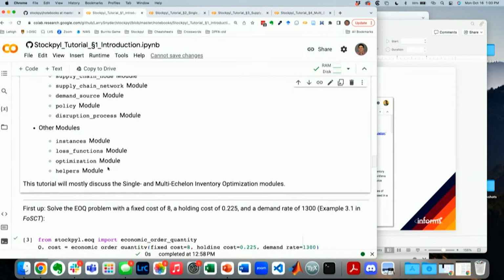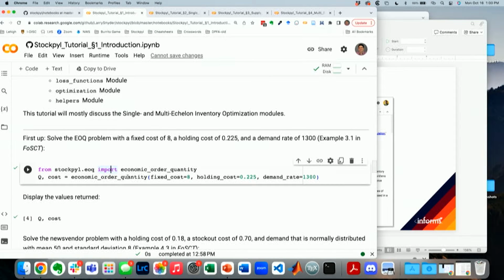Okay? So let's do one. The first problem we're going to solve is an EOQ problem with a fixed cost of 8, a holding cost of 0.225, and a demand rate of 1,300. This is example 3.1 in Fundamentals of Supply Chain Theory, which I abbreviate FOSCT. So put your cursor in this code block and run it. And if you did everything right, oh yeah, okay. One other difference between a Jupyter Notebook and Python, if you're running it in VS Code or something, is that it's not automatically